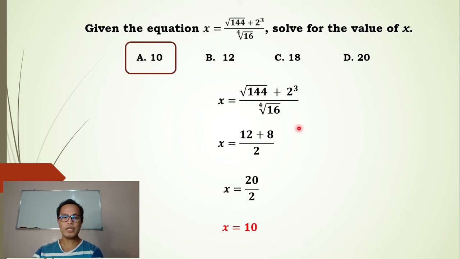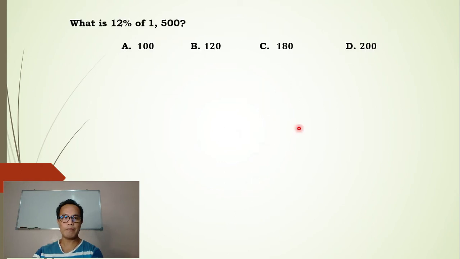Now let's proceed to our next example. What is 12% of 1,500? Letter A, 100. Letter B, 120. Letter C, 180. Letter D, 200. Since we are told to find 12% of 1,500, what we need to do here is simply multiply